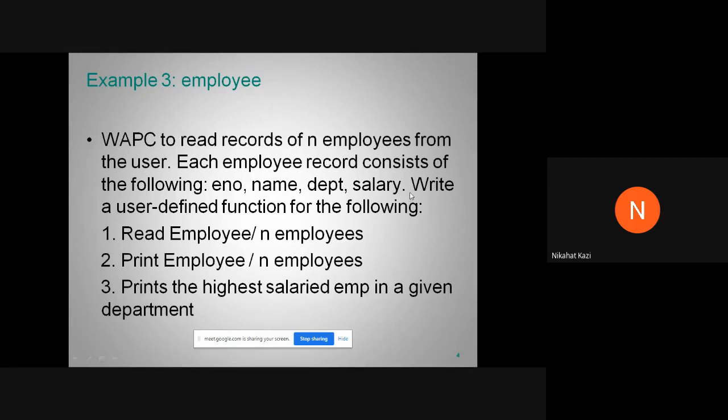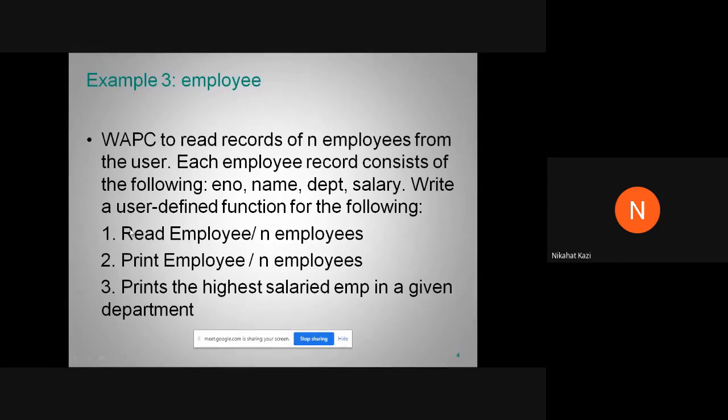So what we have to do is write user defined functions for the following points. First is reading n employees, second is printing n employees. Okay, so either you write one function and call it in another, or you write two functions. We have already seen examples of this in the last lecture, how to read n users and a single user.